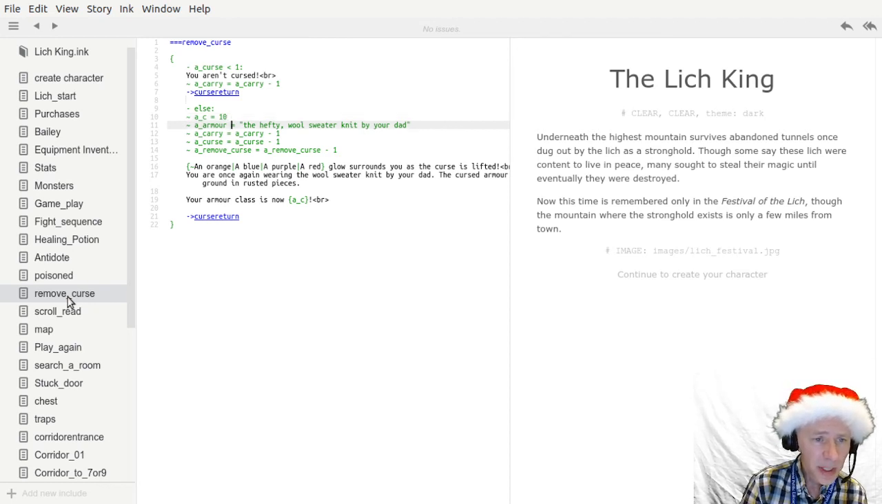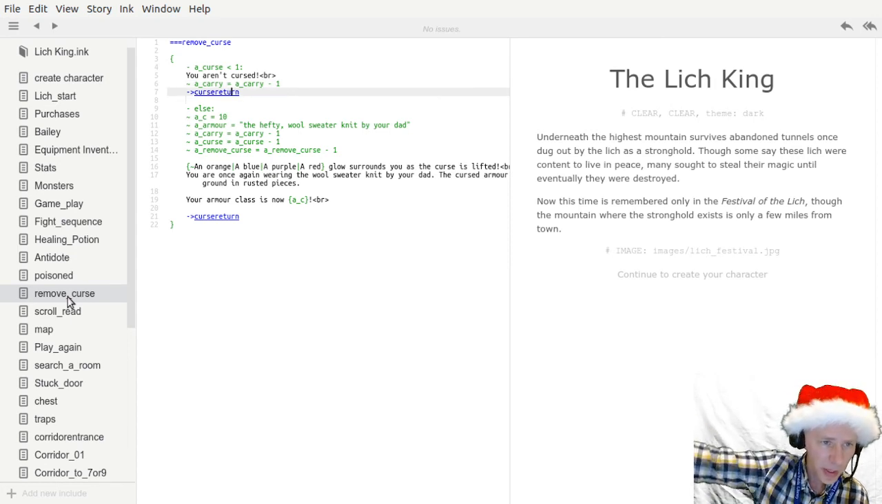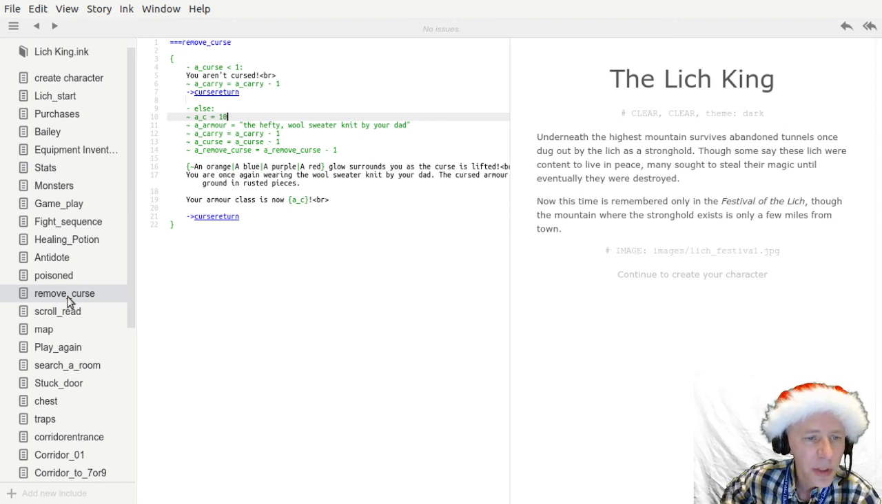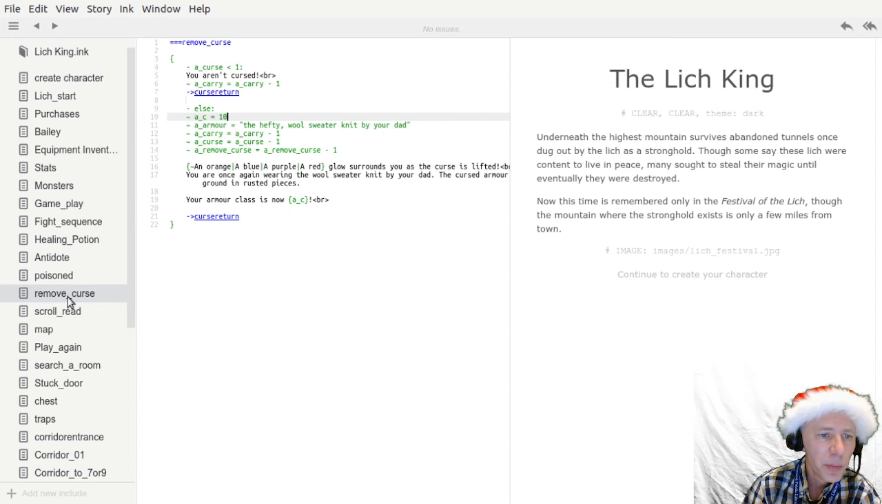And so what I'm going to say is, first it checks, are you cursed? If you aren't cursed, then you've used the item, and it returns back to wherever you came. If you are cursed, then everything else happens. So then it takes away the curse, like the cursed armor, and returns you to wearing the hefty wool sweater knit by your dad. So what I want here actually is